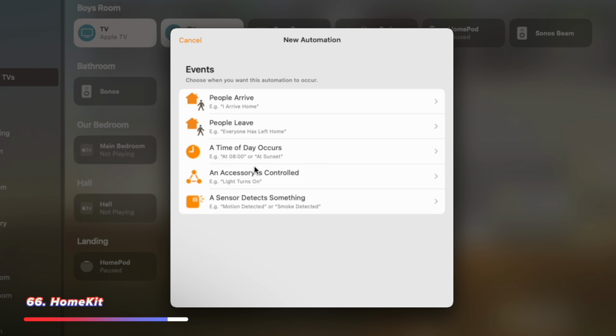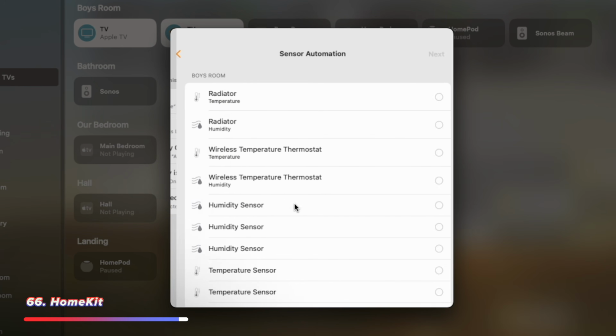And with upcoming new devices now supporting the new Matter standard, the smart home landscape is about to get much more interesting. We're going to be posting some videos on this channel about the Apple Home system, so do subscribe if you're interested in that. But that has been your definitive guide to the Apple ecosystem.